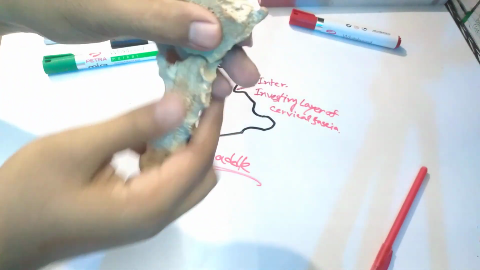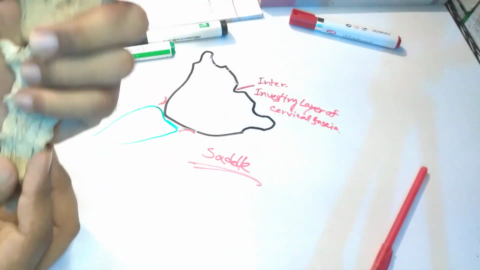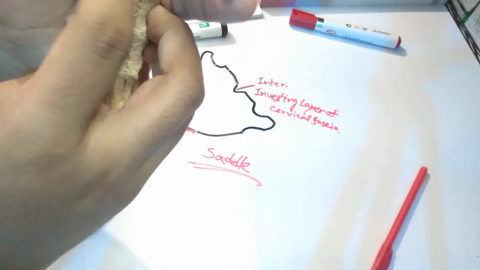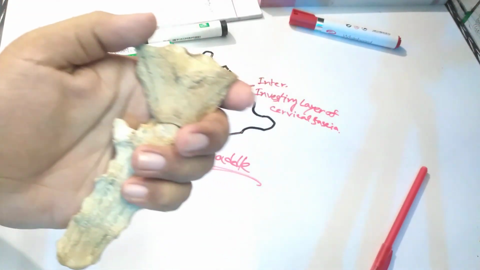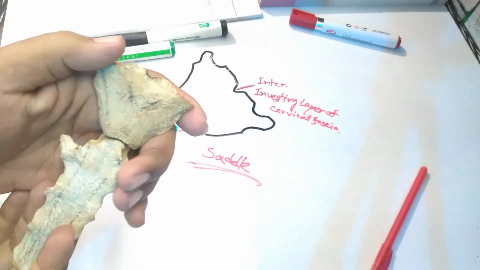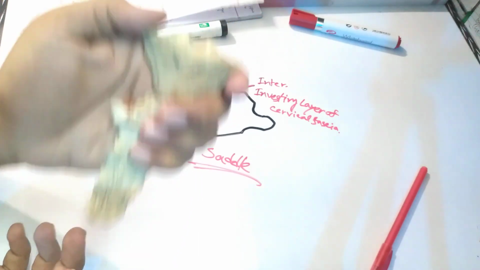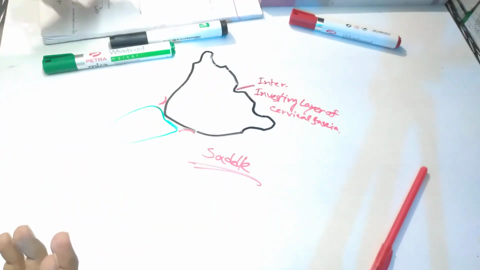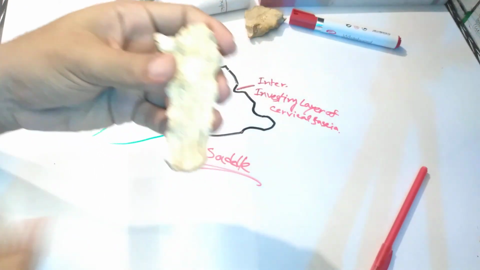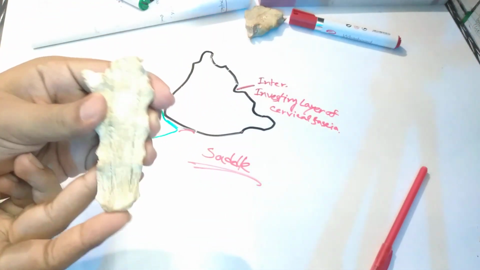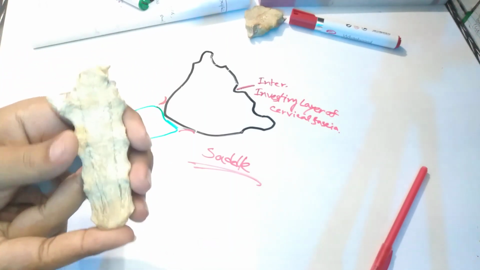Here an angle also forms, that is called the angle of Lewis. This is the angle of Lewis. The joint between the body of the sternum and the manubrium is called the manubriosternal joint. This is secondary cartilage. The lower end of the body articulates with the xiphoid process to form the xiphisternal